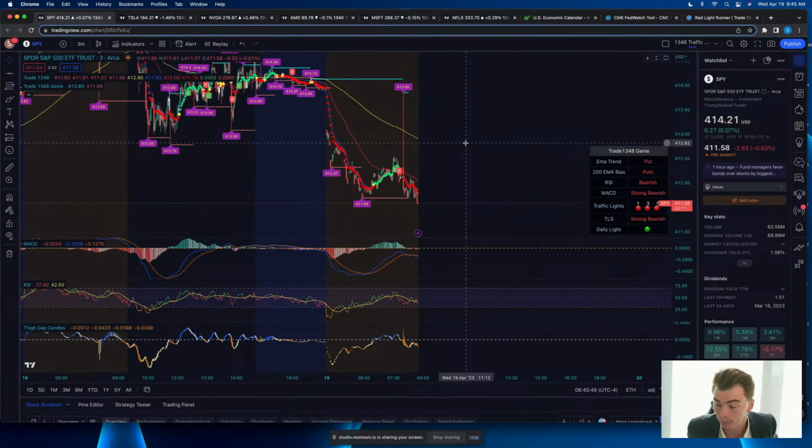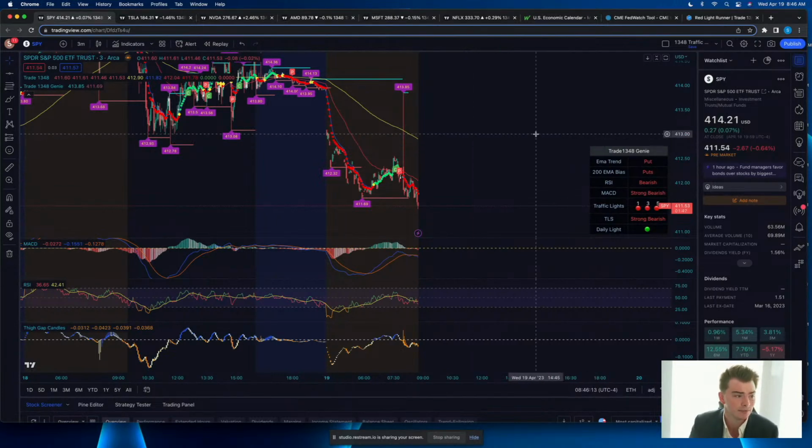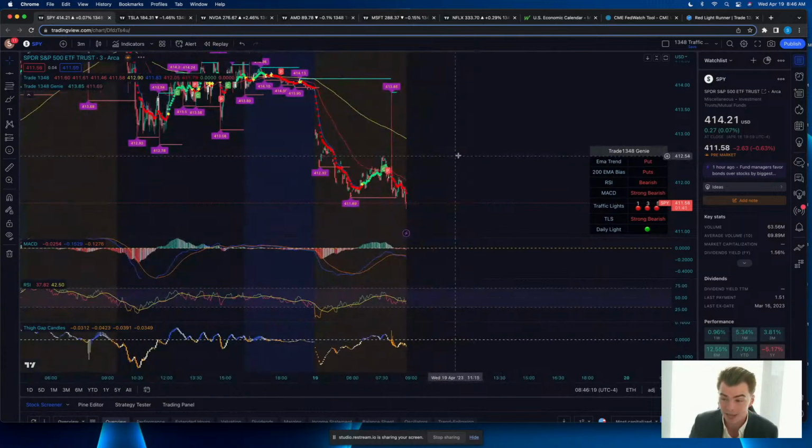Here's what we're going to do, though, in the morning. I've deleted a lot of the levels off of the chart because some of my levels were just getting too clouded. So I'm going to go over with you guys exactly how I do this because it's very simple. And I don't want you guys having like 8 billion levels that you're looking at because that's just going to give you analysis paralysis. So we're going to go over exactly how we're going to be drawing our levels here. And we'll probably do that on all the stocks that we look at: SPY, Tesla, NVIDIA, AMD, Microsoft, Netflix, all of them. It doesn't take very long. It's very, very simple to do. So hopefully you guys are ready for that.